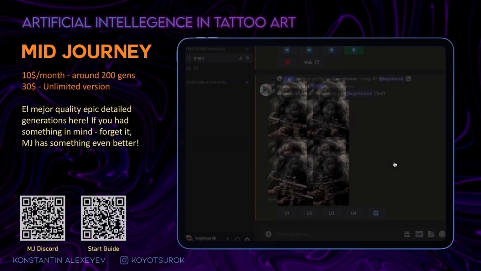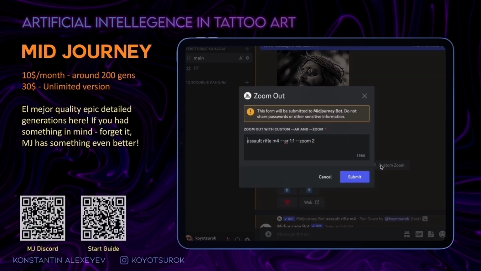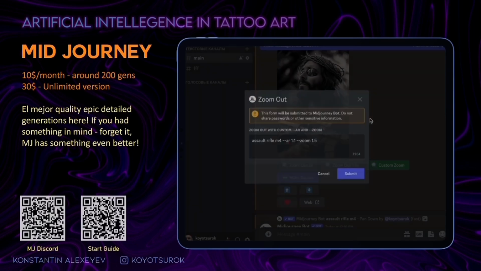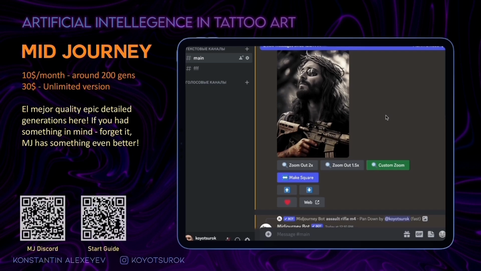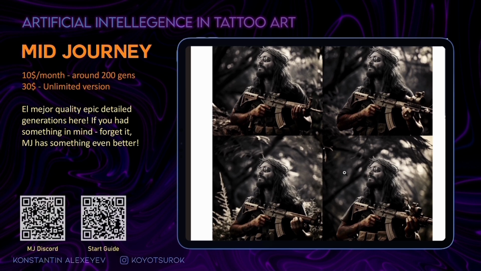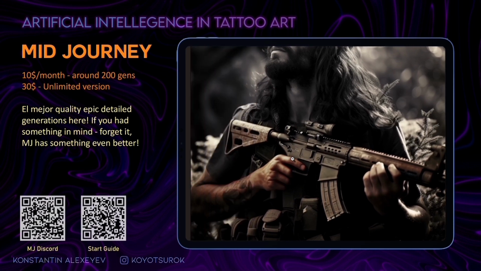Also, you can easily extend your picture in all directions. This function is called zoom out. You can see how it's perfectly extending the original picture, the gun and arms.